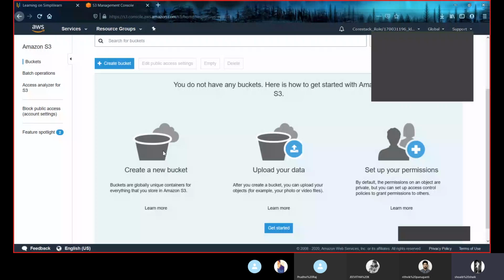Apart from this, in the last session, we discussed what version control is and what lifecycle management is. Version control allows us to retrieve the accidentally deleted data. Through version controlling, we can provide keys for all the data that is in the bucket, and we can access those data using IDs. So a bucket can contain unlimited objects, and there are three states of versioning in a bucket. One is unversioned, the second one is versioning enabled, the third one is versioning suspended.